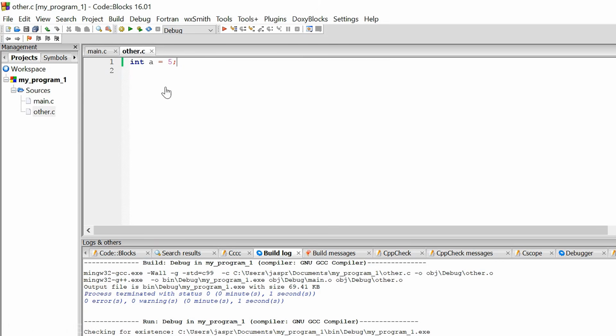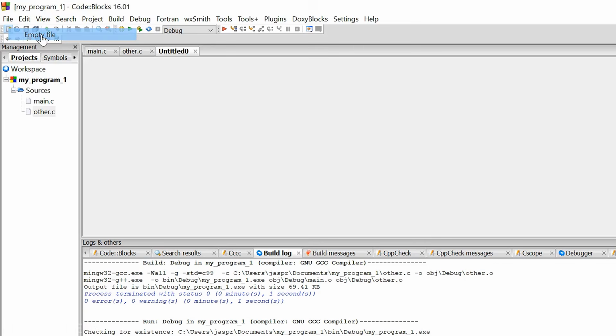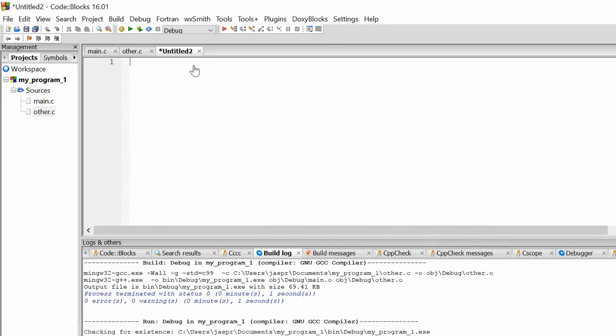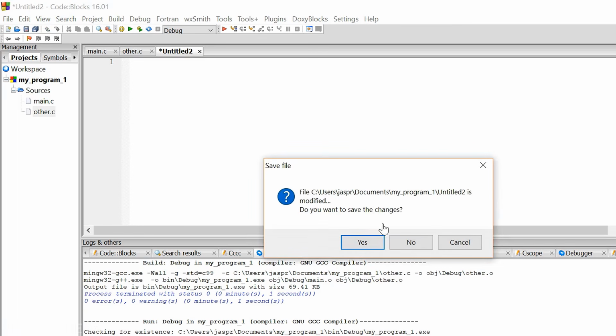Here you can see this is my other.c file. If you want to create your file, click on Empty file and choose the location. It will ask you, do you want to add this new file in the active project? Then you click on Yes and save the file with the .c extension, and then you will be able to create another file within this particular project. In my case, I click on No and simply cancel it.